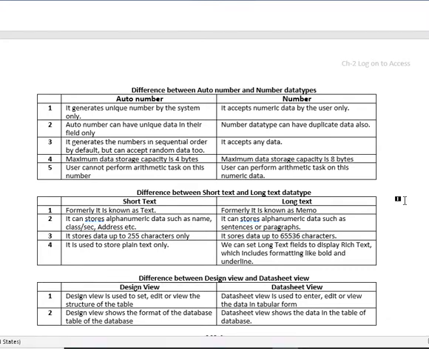Maximum data storage capacity in auto number is 4 bytes, while in number the storage capacity is 8 bytes. Users can do arithmetic tasks on number, but users cannot do arithmetic tasks on auto number. Next,